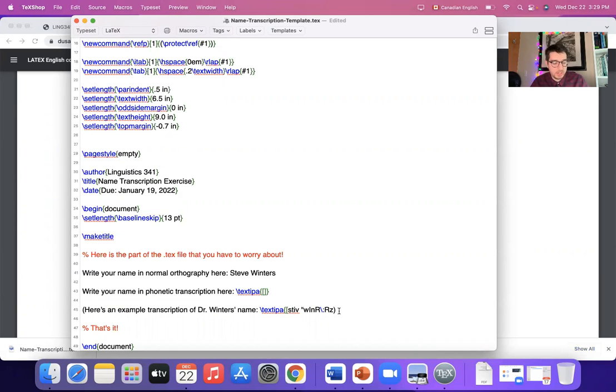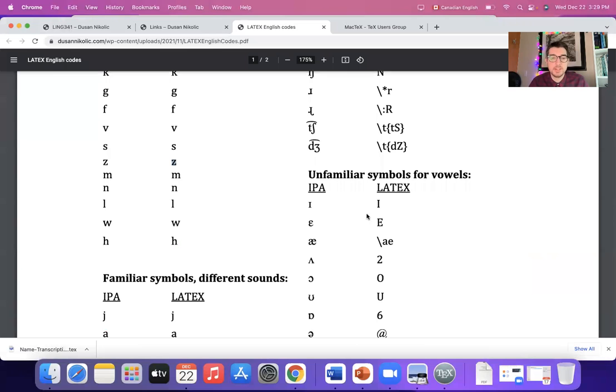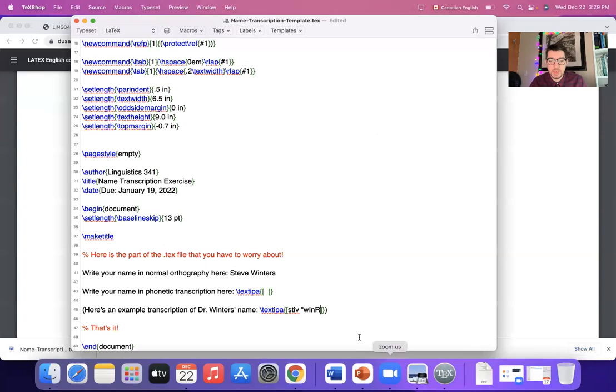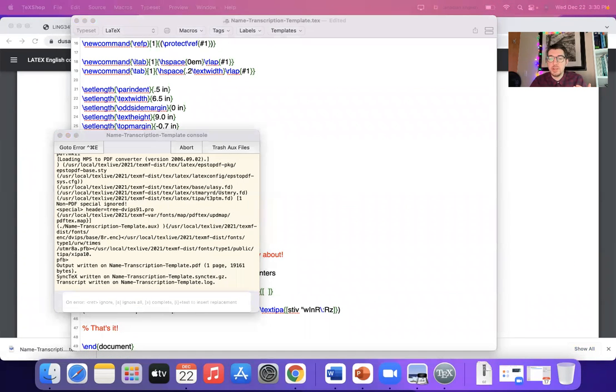Maybe I deleted too much. Yeah, I deleted too much. Sorry about that. Let me do it again. So you always need to have these curly brackets here and square brackets. Yeah. So this, you don't change that part. That part is not changed, and I made that mistake, right? So again, okay, R, and then we have retroflex and Z. With this kind of typeset, or if I typeset it right now, I will get